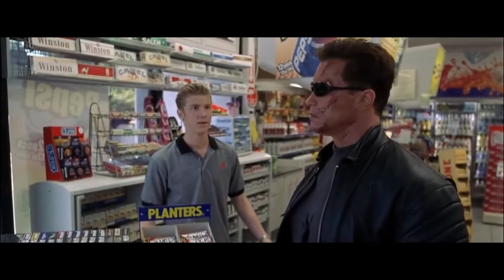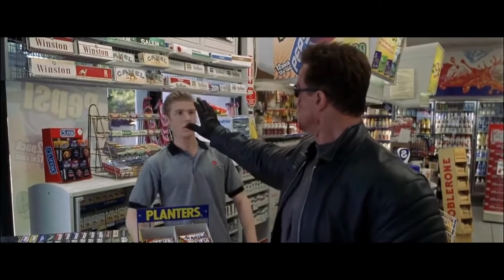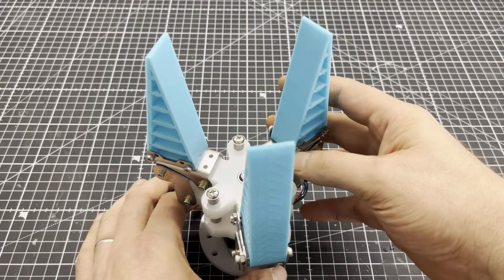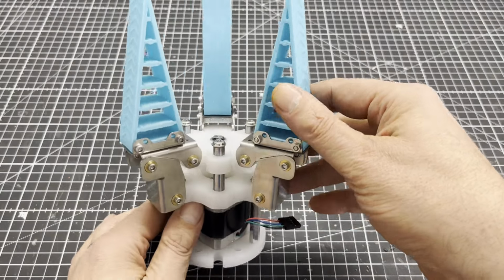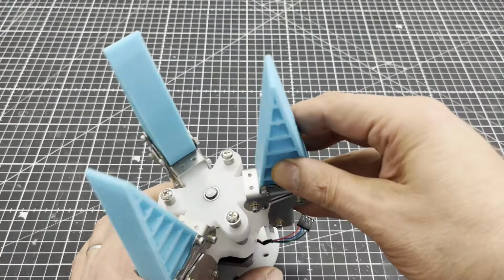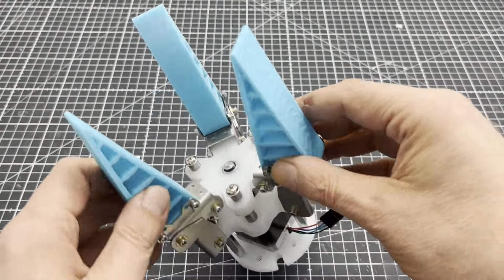Do you remember that scene from Terminator 3? "Talk to the hand." Well, I immediately thought of a robot hand with voice control. Since I still had an adaptive gripper from AliExpress lying around, I used it as a starting point for my